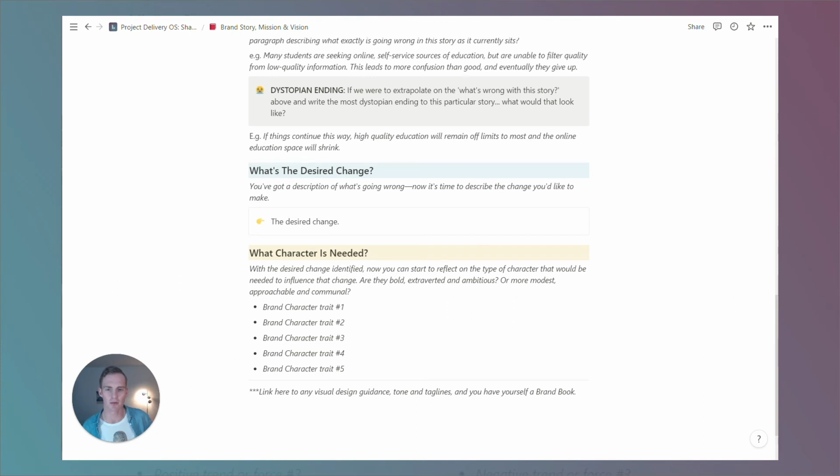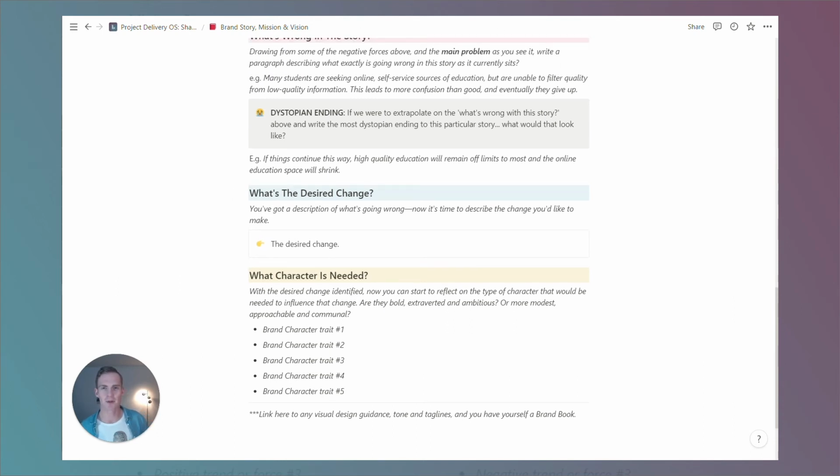that we've just described? So we've gone ahead and scoped out a specific change that we're trying to influence, some kind of positive influence, some version of things that could be better. What's the character that would actually be needed to make that happen? Now, this is where we can both think about the resources, the skill sets, the talents that would be needed to influence that kind of change, but also, if we're thinking more about brand guidelines, voice, visual identity, these types of things, this is where we get to start scoping out traits, characteristics, tone of voice,